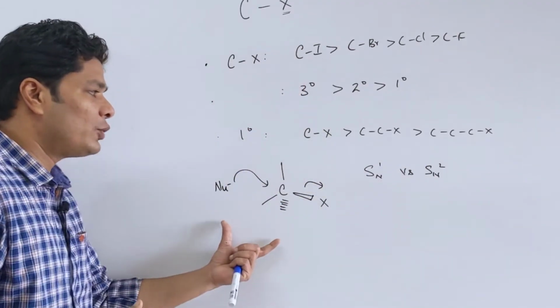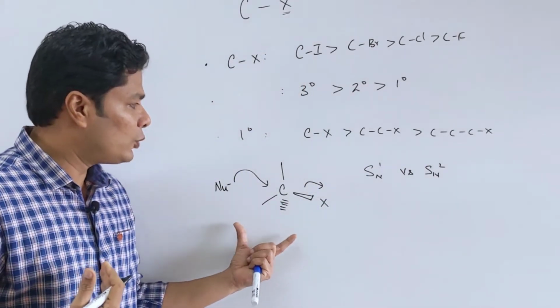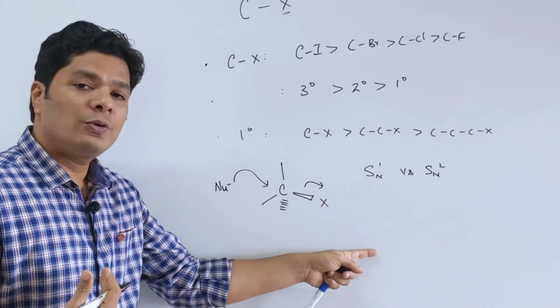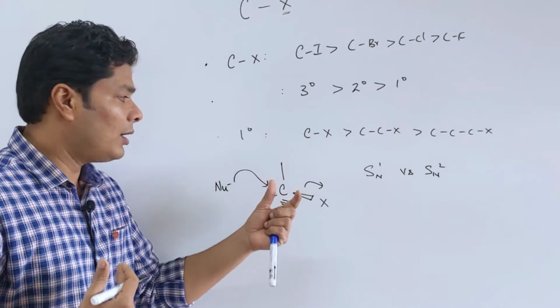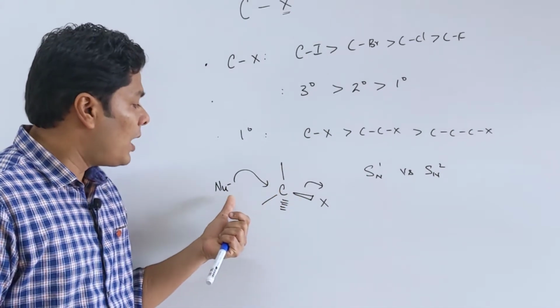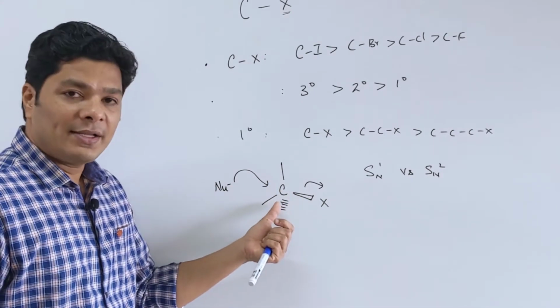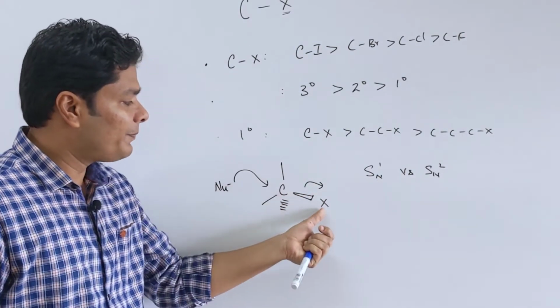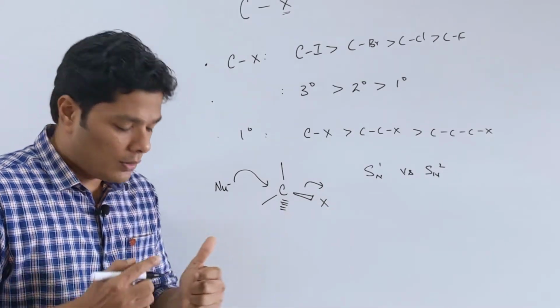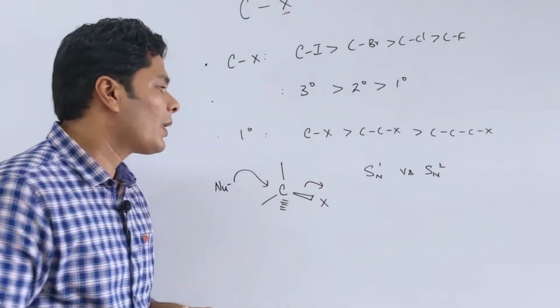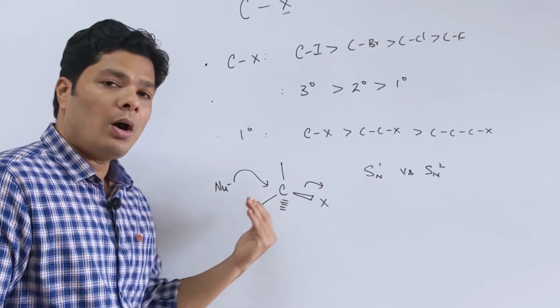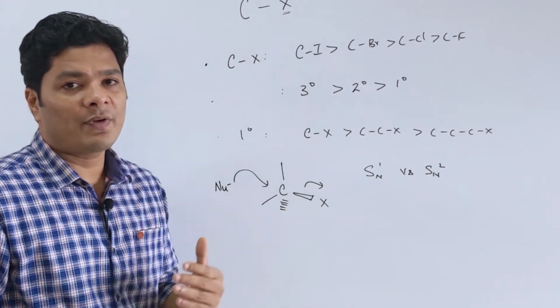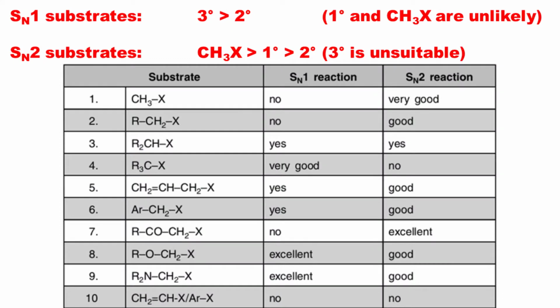Again, SN1 versus SN2, I have done a separate lecture for that. You can go through this. SN1 is when the halogen goes, you form a carbocation and then the carbocation rearranges and the nucleophile comes and attacks the carbocation. Whereas SN2 is when the nucleophile attacks at the same time when the X is going to leave. Now, depending on the type of carbon, you can have SN1 or SN2 or both of them. Here is a list of how the reactivity order is going to be when you are given a different type of carbon, 1 degree, 2 degree, 3 degree.